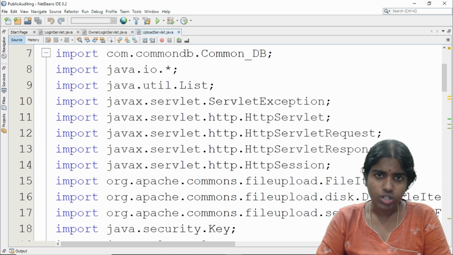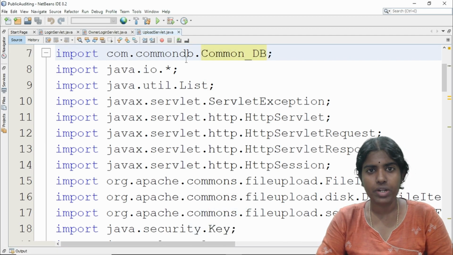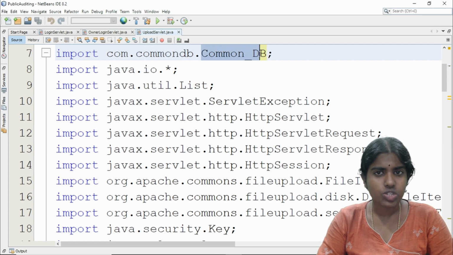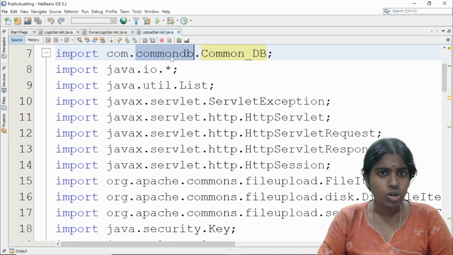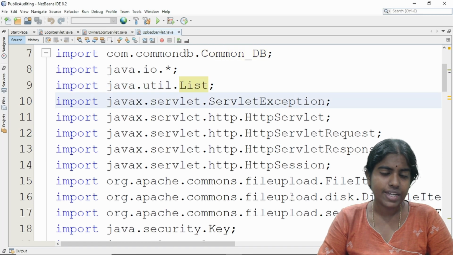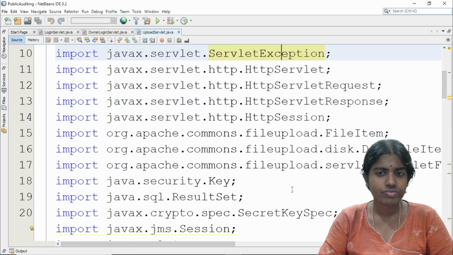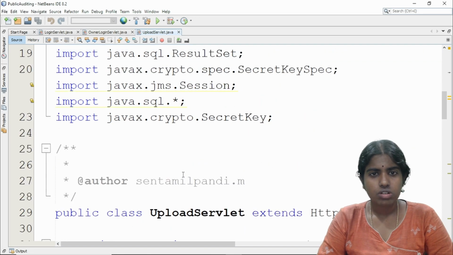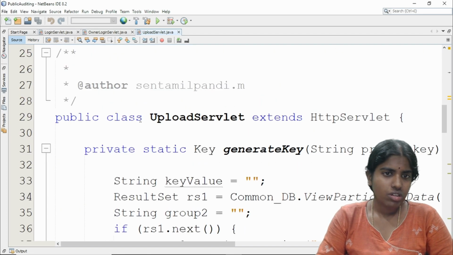Firstly, in order to write any kind of Java code, I need to import the essential packages and libraries. I'm importing com.commondb.commondb, and then java.io.*, java.util.List, ServletException, and HttpServlet.